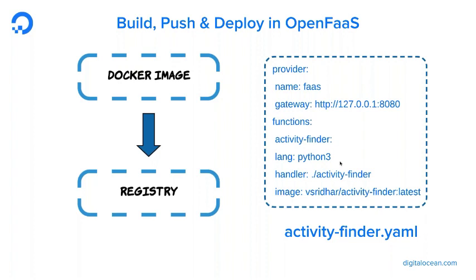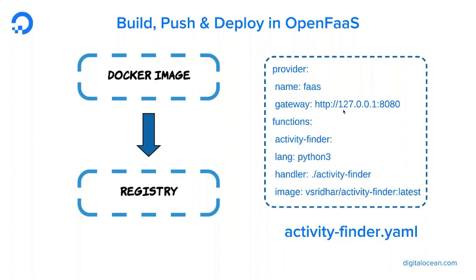So while building, you will check for which language and where is the handler, and then create a Docker image of it. And while pushing it to the registry, it checks where the registry is. It could be a private Docker registry, it could be a public registry like Docker Hub, and it checks for that when you are doing a push, and it checks for the gateway where you're pushing this particular thing when you do a deployment. So we will see all the three different formats when we do the demo, but this